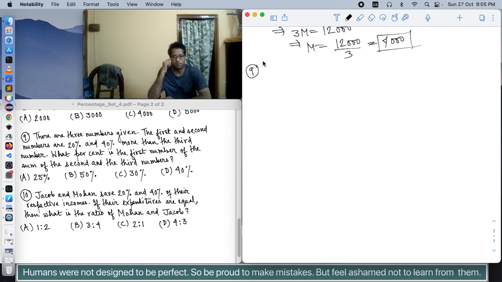There are three numbers given. The first and second numbers are 20% and 40% more than the third number. Since the first and second numbers are given, their values are expressed as a percentage of the third number. So it's better we assume the value of the third number. So let the third number